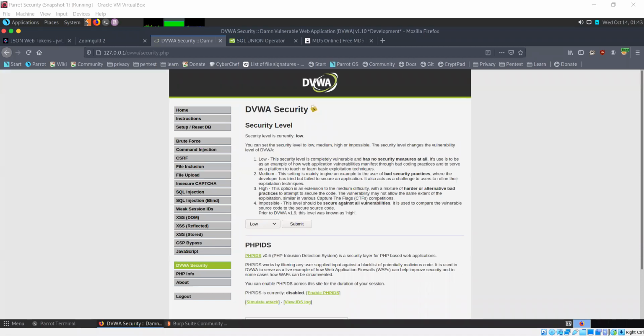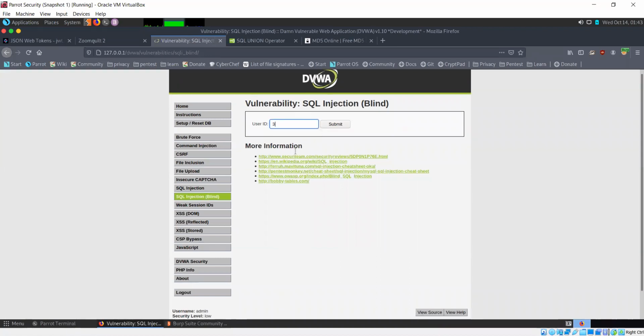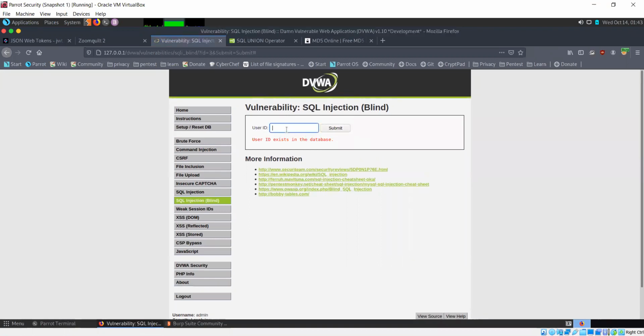Okay, now when we talk about blind SQL injection, it's called blind because it doesn't explicitly show errors or anything. Now, if I enter an ID, let's say, just try the normal functionality, enter user ID 3, submit, it exists in the database. User ID 6, it's missing from the database.